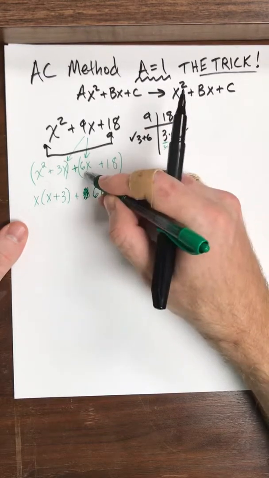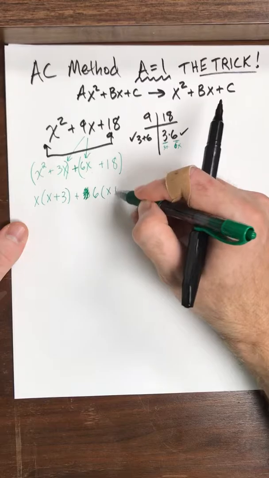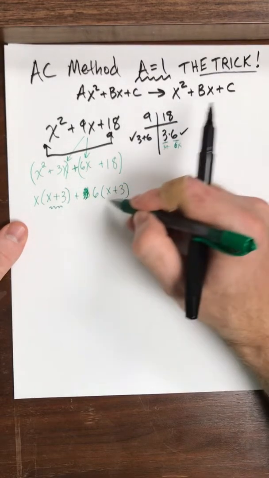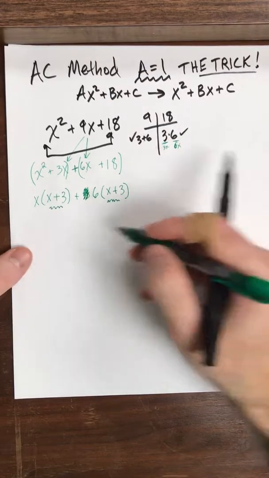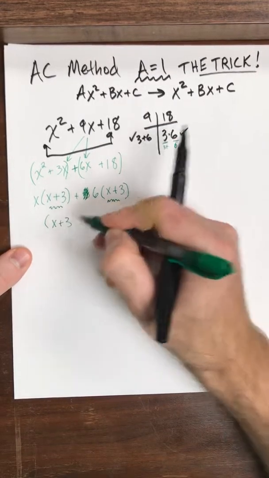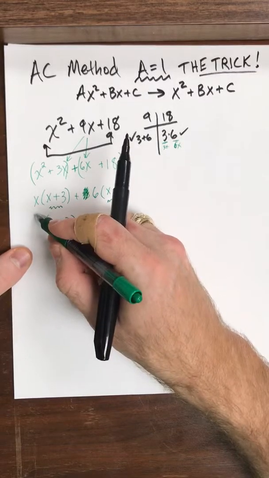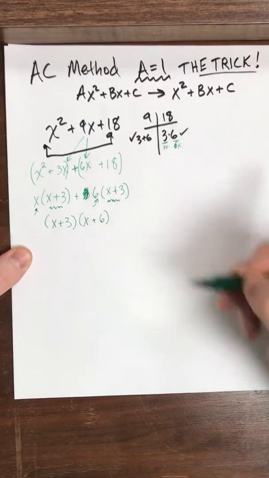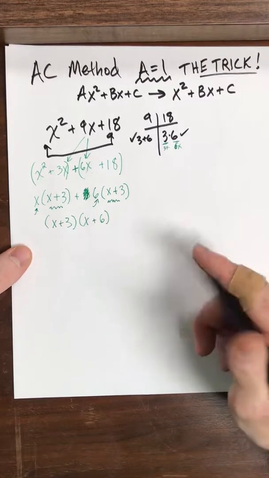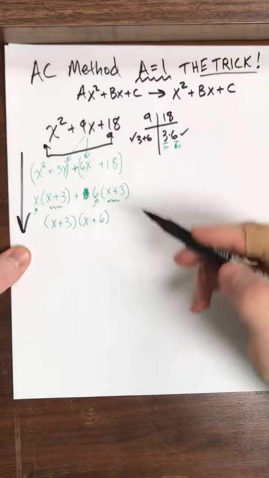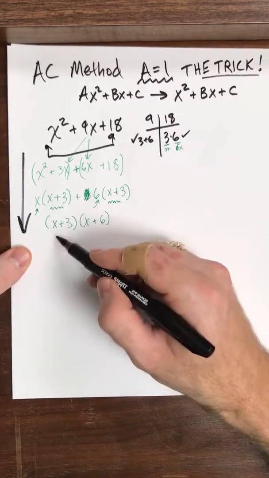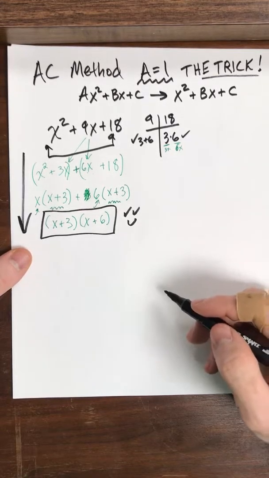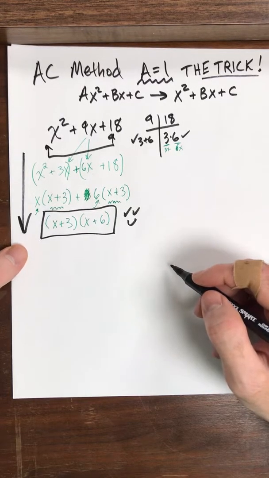So 6 divides 6 and 18. So 18 divided by 6 is 3 again. So this factor here and this factor here can come out. So my second GCF here, and what's left? x plus 6. Now, here's the shortcut. See, if you're somebody that likes to do the same thing over and over, this is your route, and you still get the answer, and that is great, right? But if you're looking for a shortcut, which I know you are,